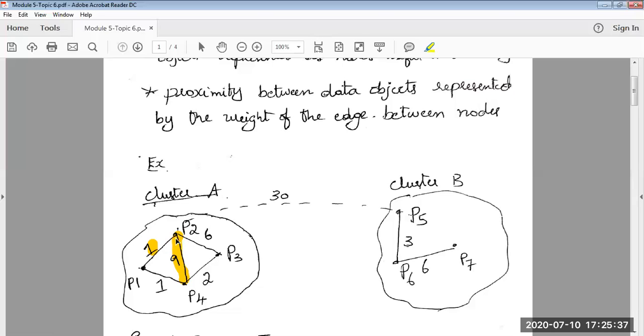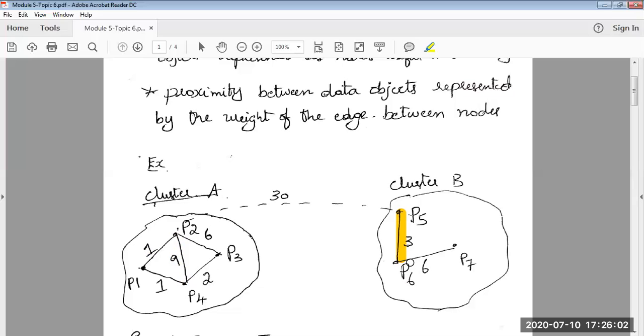So all the points within the clusters have been connected by edges, and on the edges you can see weights. That should be your observation in cluster A. And we have a different cluster, cluster B. A few more points are there, edges are there, and on the edges you can see the weights. The same philosophy that was explained in cluster A will carry over to cluster B also.